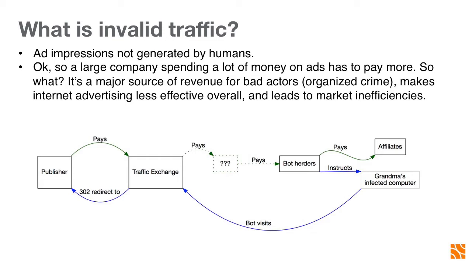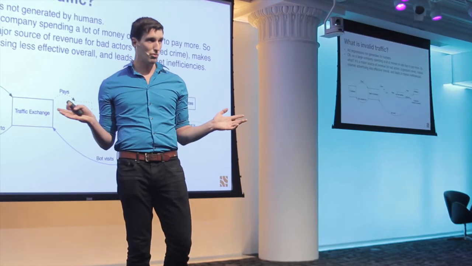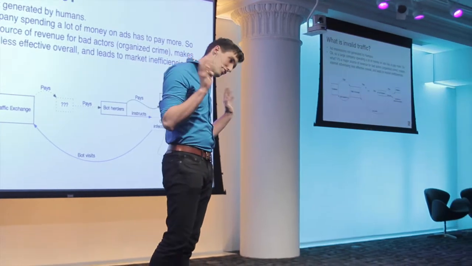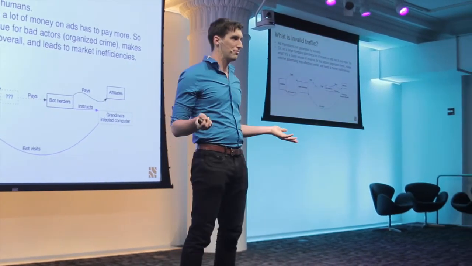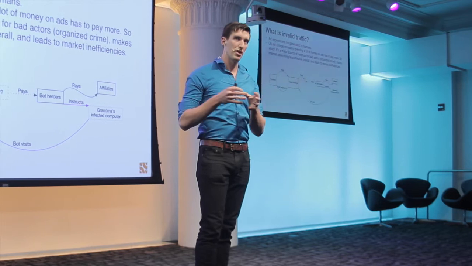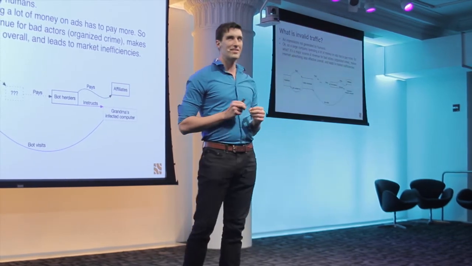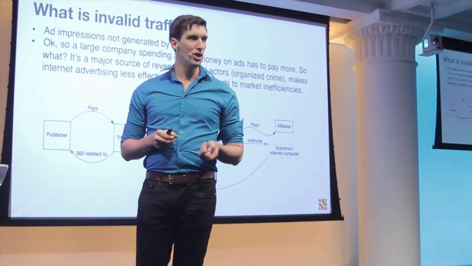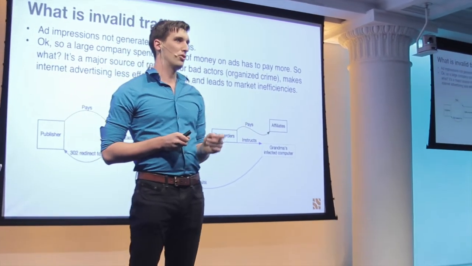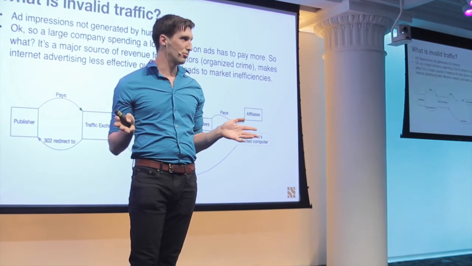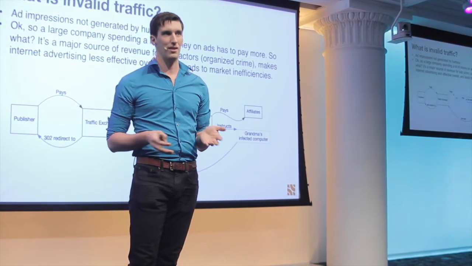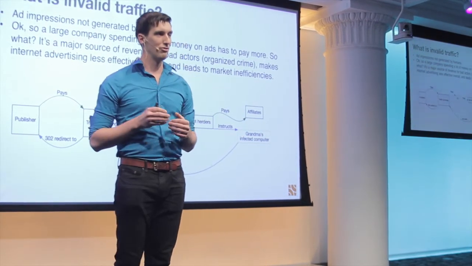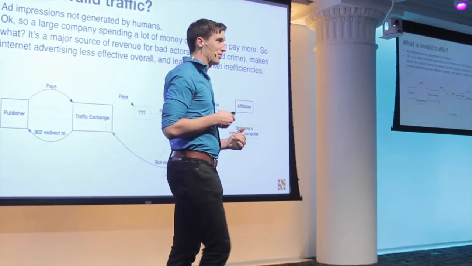So from the publisher's perspective, they pay money to the traffic exchange, and the visitors just show up, and they just look the other way because we don't know if these visitors are bad or good, they just arrived here. And then they're able to sell the ad impressions that are generated. So that's sort of how the money flows. Now, another crazy thing about this is it turns out there's even affiliates within the bot herders. So if you want, you can go on the internet and purchase 50,000 infected computers to do whatever you want with. And there's this other crazy economy of bot trading that goes on. So it's really very fascinating.